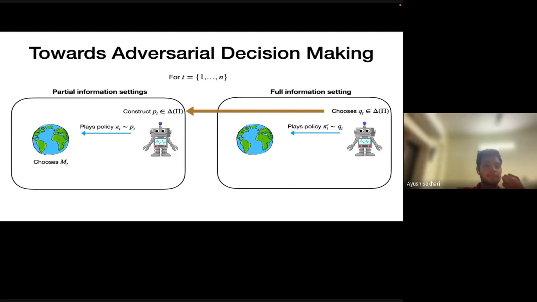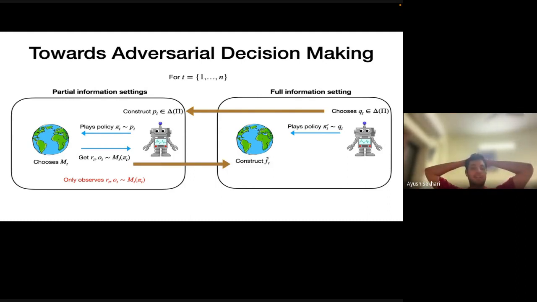The learner will choose a policy pi t from this PT and play it against the nature and get back some partial information corresponding to the policy pi t that it plays. So the important thing is the learner in the partial information game only gets information corresponding to the policy that it played. But depending on the observations and rewards that the learner got, it will construct a model or a loss estimate, a reward estimator in the full information game,